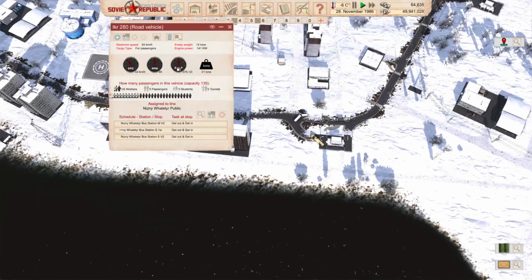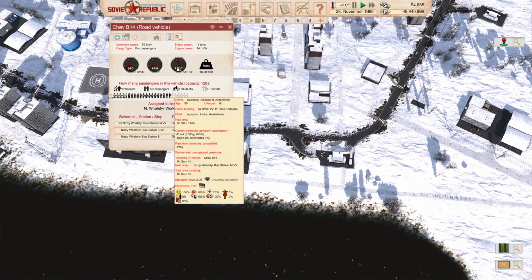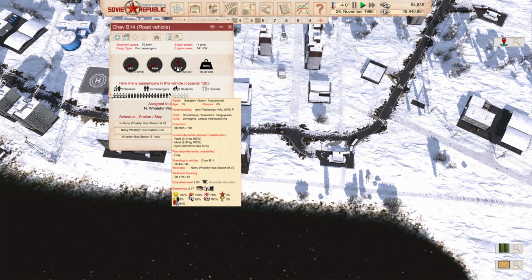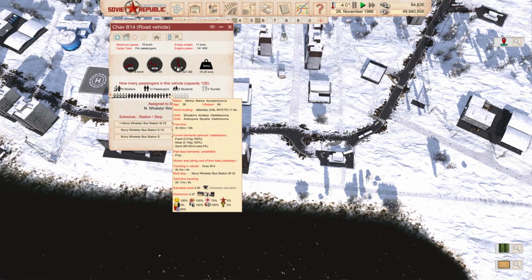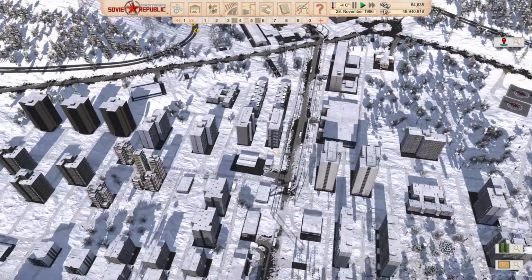Let me see, this public transport system is not functioning. Yeah, it's not functioning, it's full. All the buses are full all the time. So this might be an issue, but let's see, this truck here, it's Niže Weltier workers, is going in the opposite direction. And I bet a lot of people from here are going to the gym. Sports 50%. Sports 0%. So yeah, a lot of people from here are actually going to the gym, and I